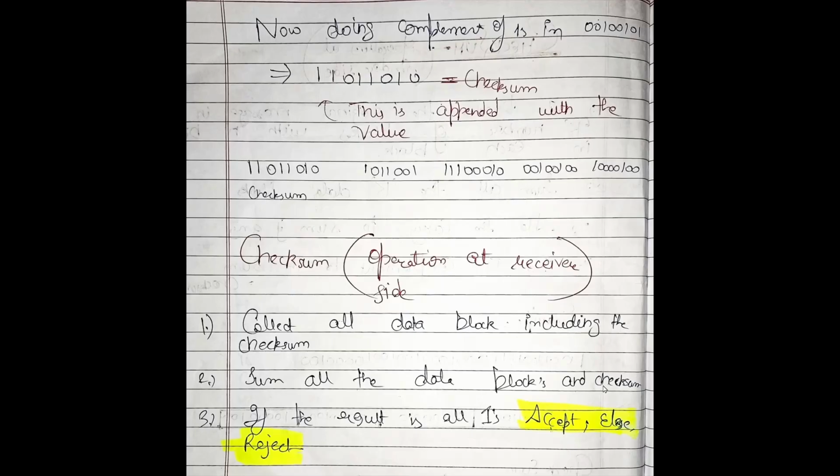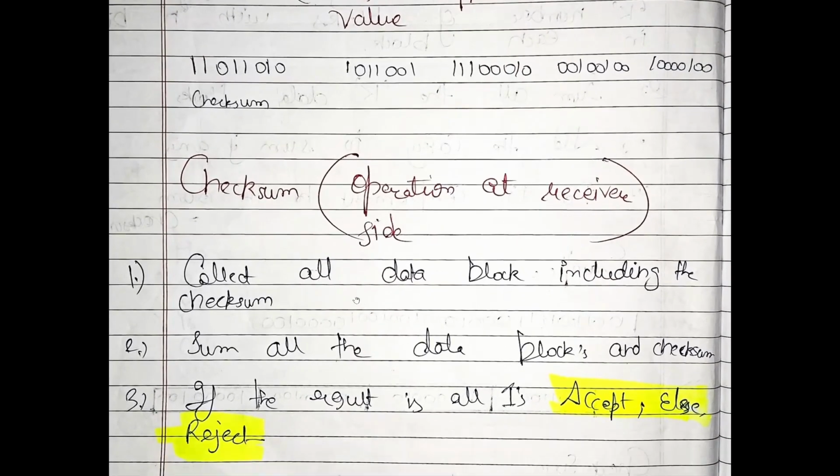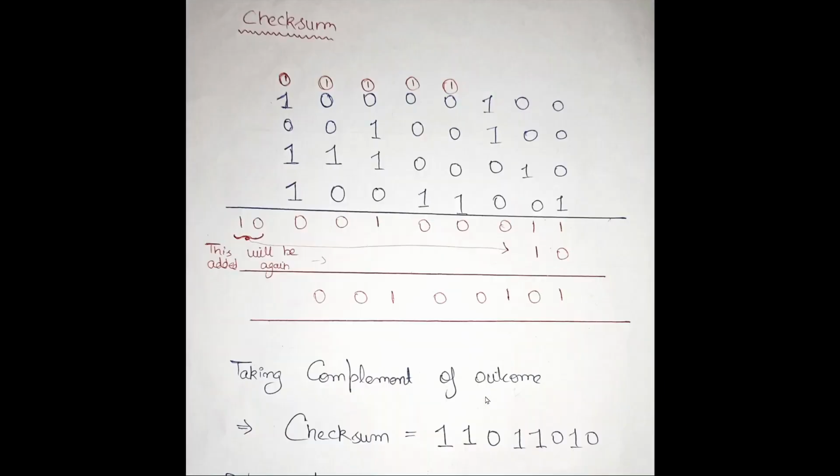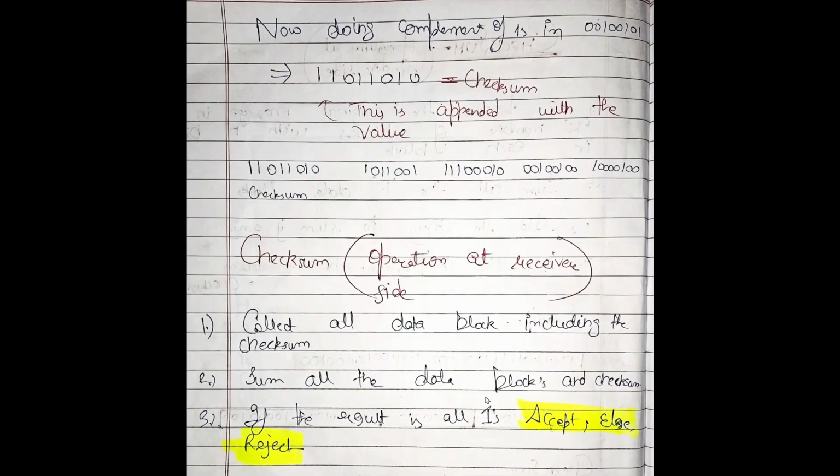Alright, so this is what it says. It is going to collect all data blocks including the checksum, and sum all the data blocks and checksum. If the result is all ones, then it is going to accept it, otherwise reject it. So this was checksum. Moving further,